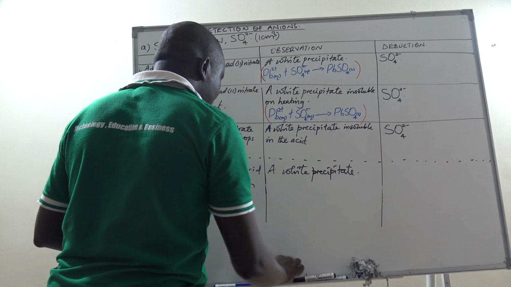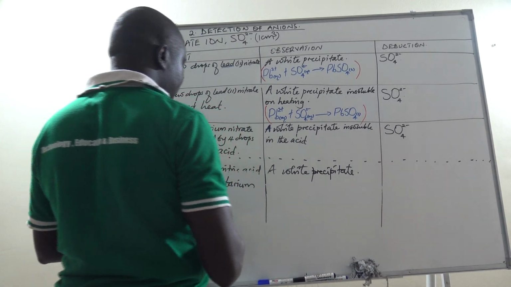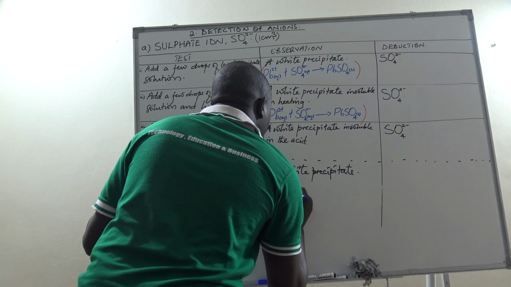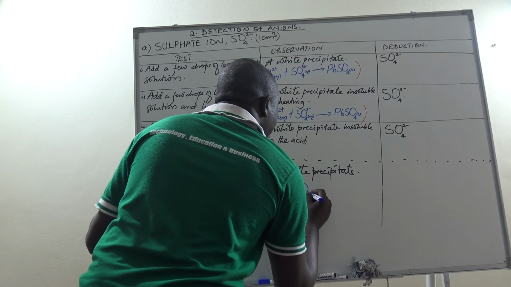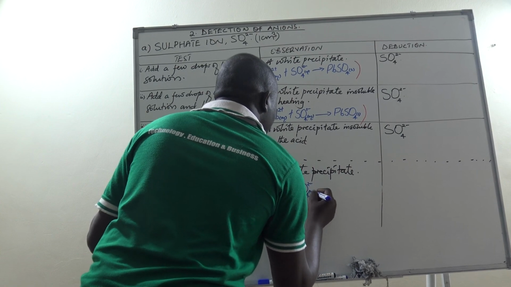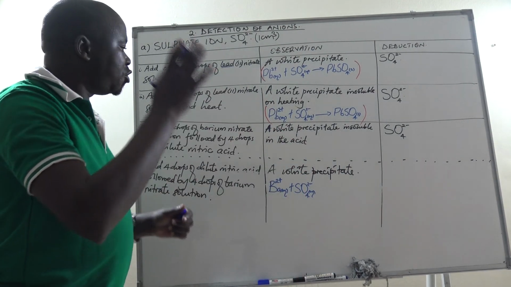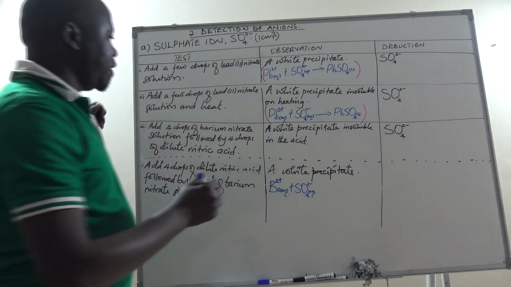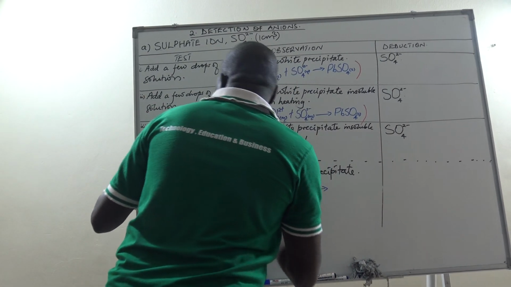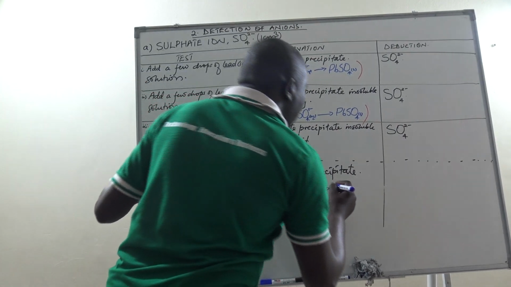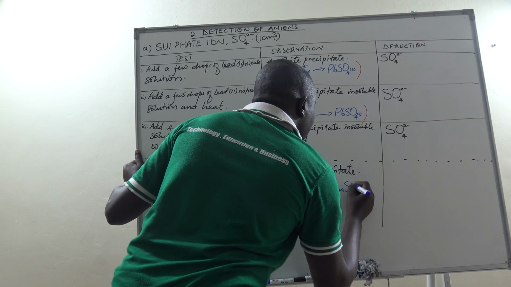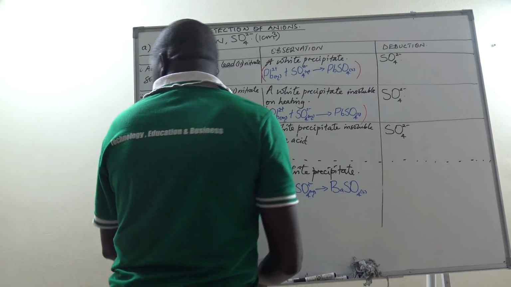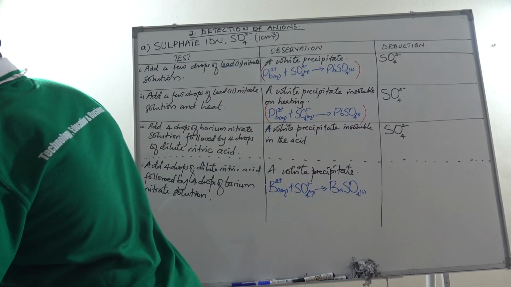So let us generally look at the equation for the reaction in this case. Our reaction equation is the barium ion combines with the sulfate ion in the solution under test. So the acid is only for clearing the way and showing us that it is not carbonate ion, it is not sulfite ion, it is what? Sulfate ion which is present. So in this case, the barium ion of the barium nitrate solution combines with the sulfate ion in the solution under test, and we get barium sulfate which will be precipitated, and still this one signifies the presence